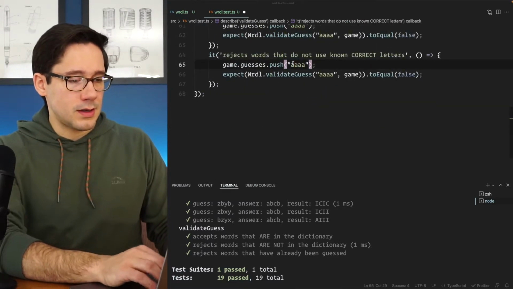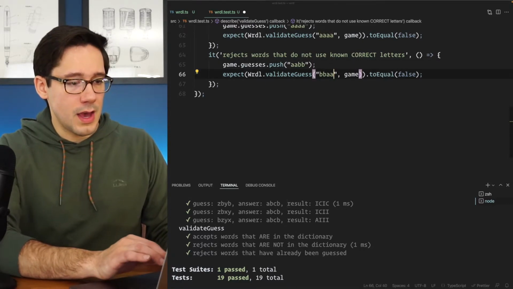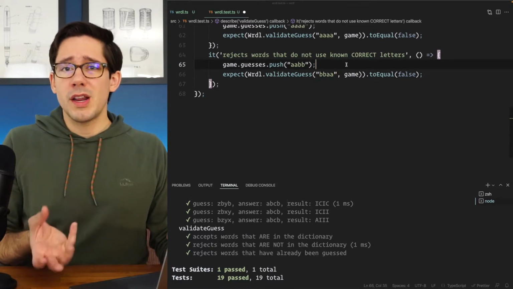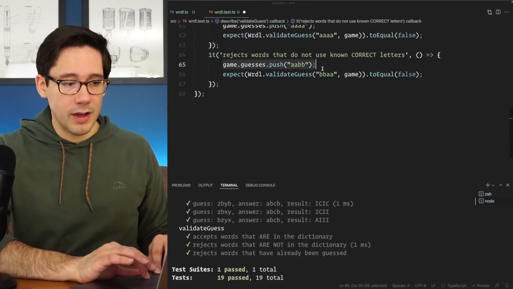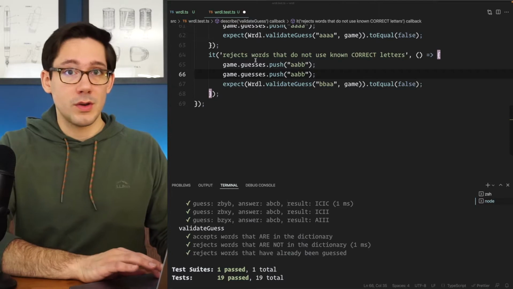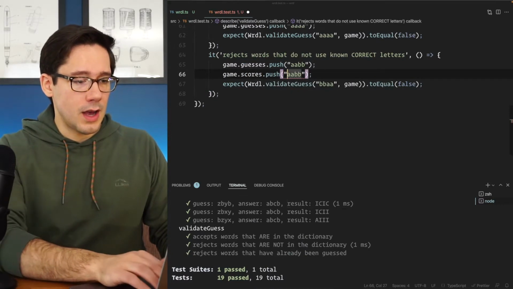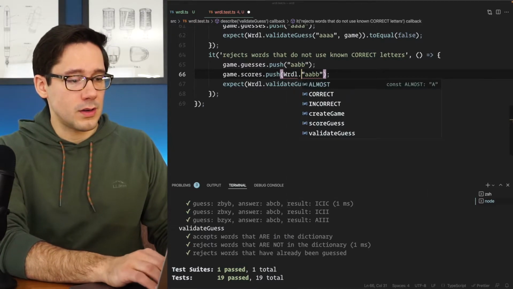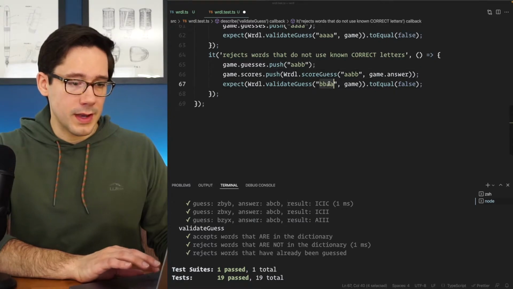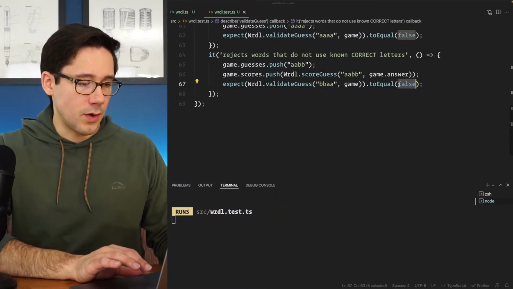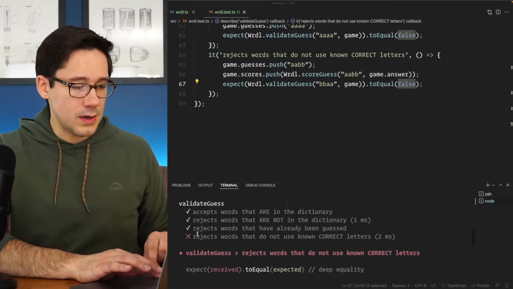We can set our guess here to AABB, and let's set our guess here to BBAA. Now we know that we're going to need a score to compare to, and when we just push into the guesses array here, our game doesn't get a score. So let's go ahead and set in the scores array here. We can't just push in the guess, we have to pass in Wordle.scoreGuess. Okay, there we go, and we expect validate guess to equal false. Cool, so let's save this, and if we take a look at the test, we can see, yep, it's failing